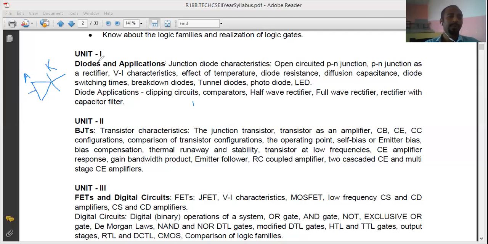As I said, the diode is formed when you join an N type with a P type, so there is a junction. Here the junction is not shown. What does this arrow indicate? The arrow indicates the direction of the current. Conventionally, current flows from a point of higher potential to a point of lower potential. Water flows from top to bottom, right? Can you see water flowing from bottom to top? No. That is against the law of nature, isn't it?